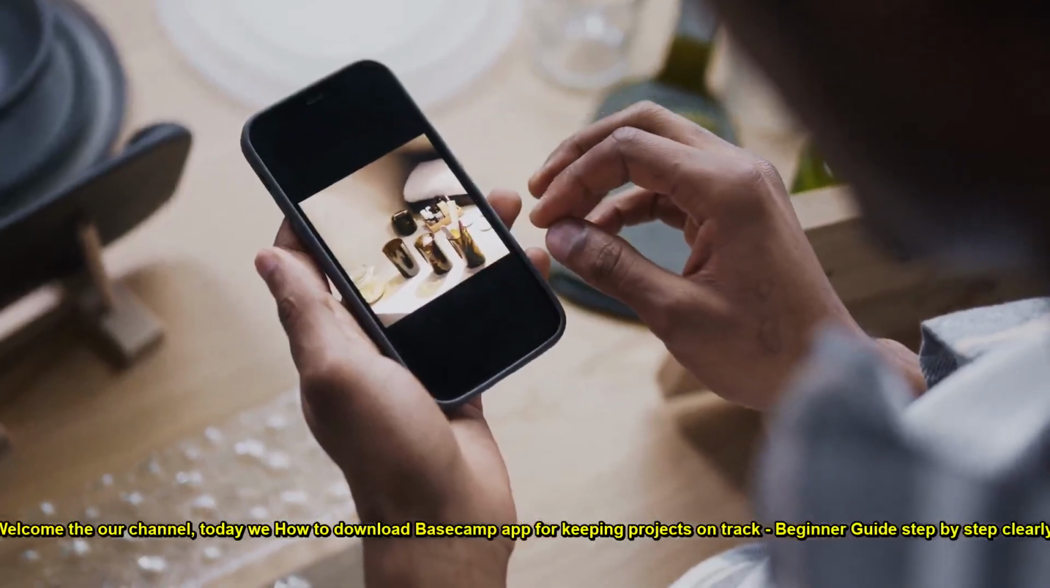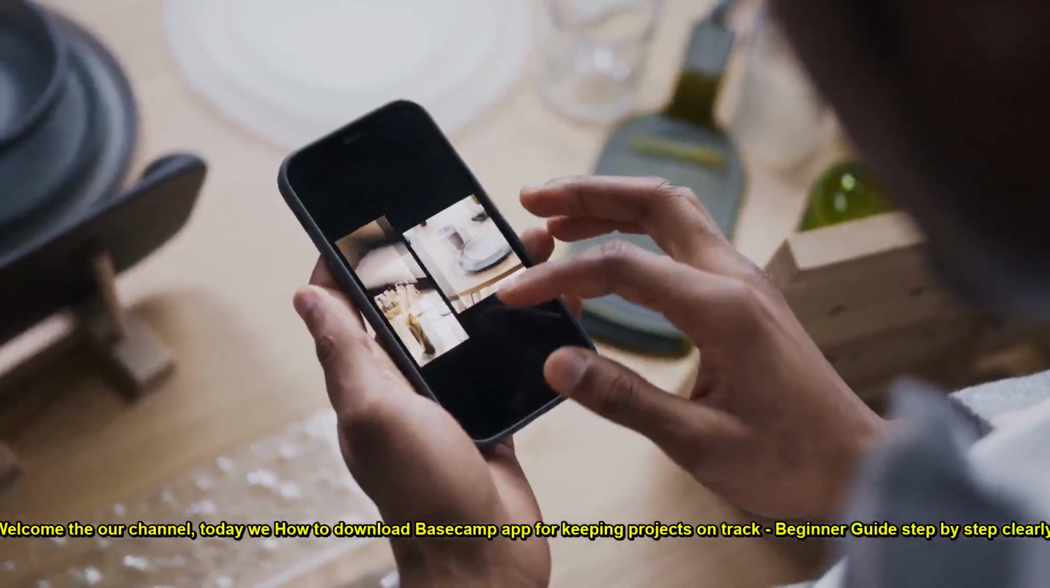Welcome to our channel. Today we show how to download the Basecamp app for keeping projects on track, a beginner guide step by